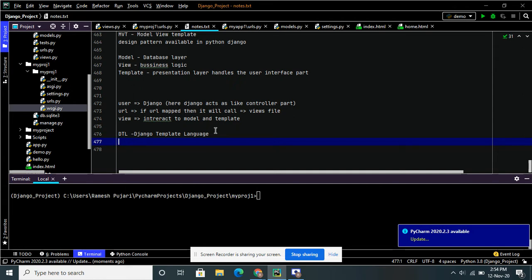In templates, as I explained, we have variables, tags, expressions. So many formats are there. Now I am going to explain the first concept, variables.